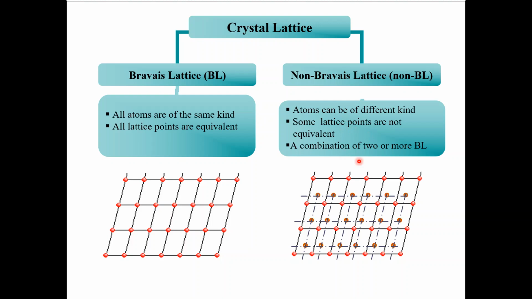In a non-Bravais lattice, atoms can be of different kinds. Here you can see one kind of atom, and in the middle another kind of atom. So some lattice points are not equivalent. Here you can see these lattice points are not equivalent, just like this one. These lattice points